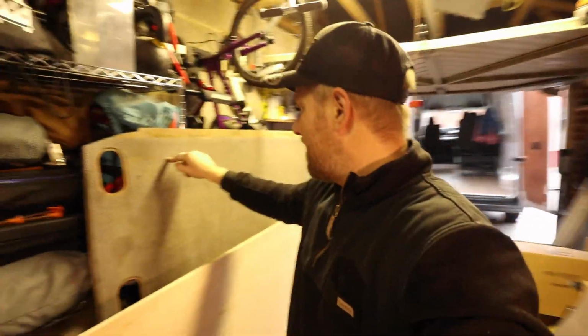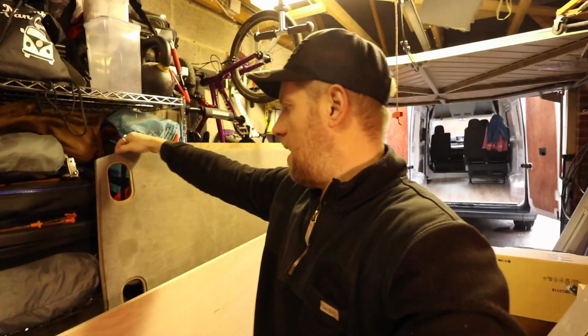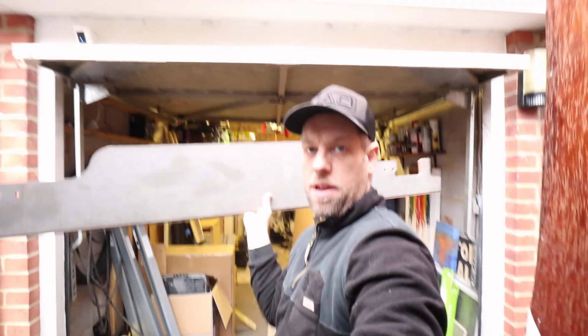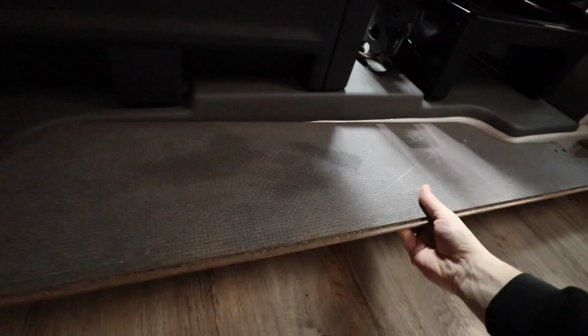And then we're going to be using this, the old floor that came out of the van originally. I cut this to then make the actual top of the plinth, and this is 11 mil. Now, very handily, conveniently, this is the front section of the original ply floor, which, as you can see, is very neatly routed, scribed, whatever the phrase is, fit in there. Now obviously the only sections that are missing are there, but I can at least use this as a bit of a template